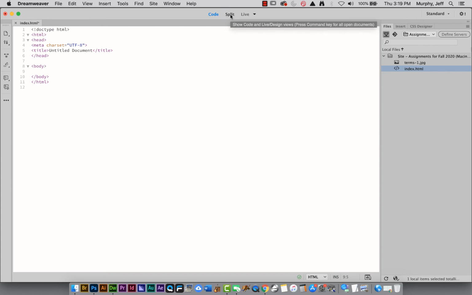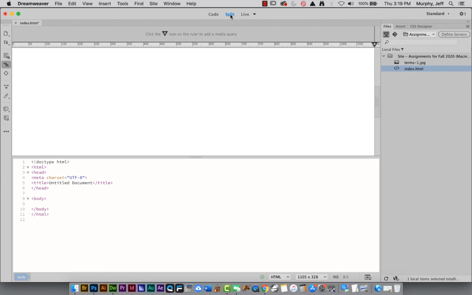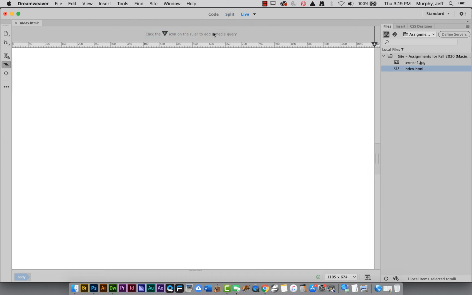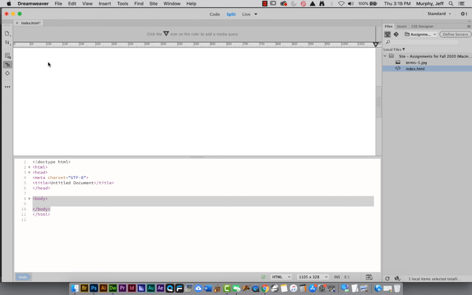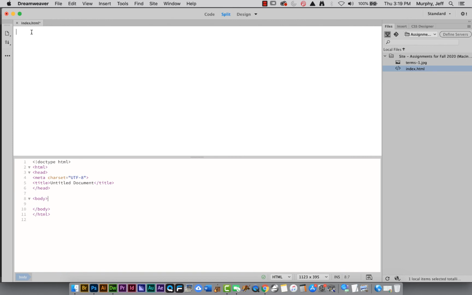Okay, let's go to the next view, because this is where I want you working: the split view. One of the few things you can just go ahead and put onto your page is type. I can go into live view or split view and try typing something, but you'll notice if you're in live view and I try to type in this window, nothing happens. That's what design view is for. You have to be in design view if you want to type in here and see your blinking cursor. So I could say